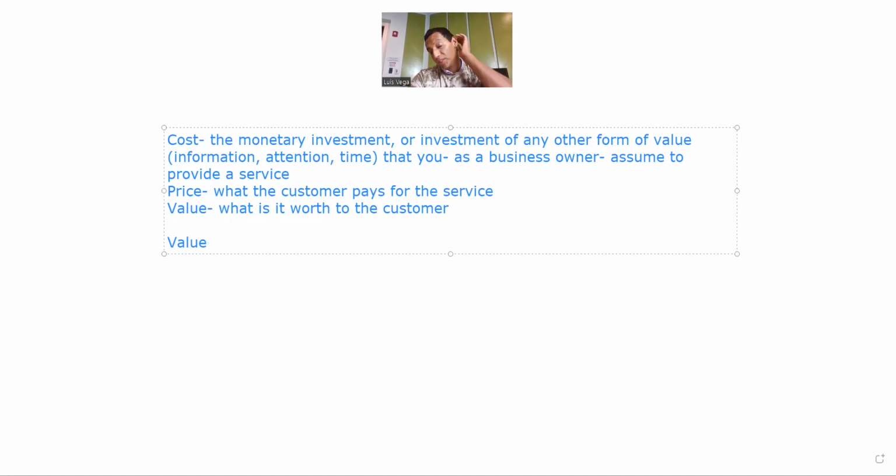So value is going to be this intrinsic thing that is going to be hard to grasp until you get to know your clients. Every client is going to value something differently, but you can always create a high value proposition based on product and product quality rather than client necessity. That way you can actually attract the clients that need the service you're providing rather than have to hunt down somebody that you have to convince. And that's never what you want to be doing in your business. Everybody should always be coming to you for what you can provide to them. So yeah, value is an outside concept.